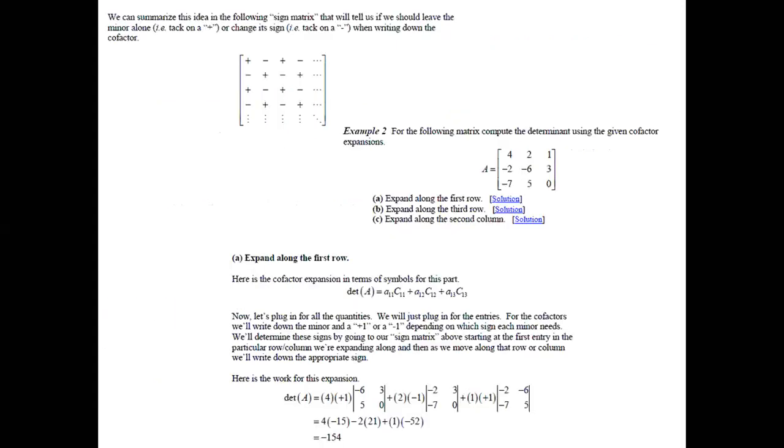Then I have also put another example to find the cofactor. Okay, and I've shown you how we can expand it across the first row, the third row, and the second column. But usually we will use only the first row. So pay attention to only A.